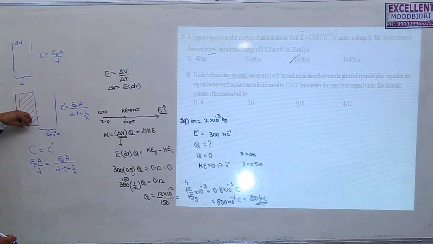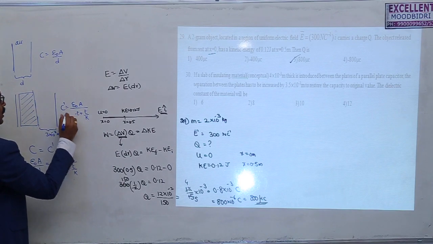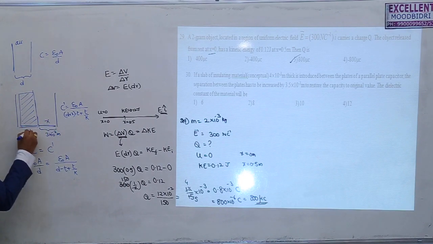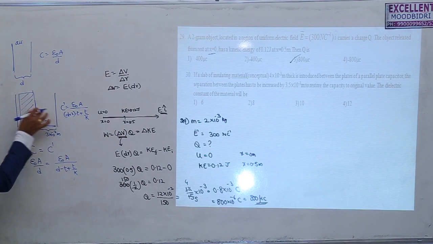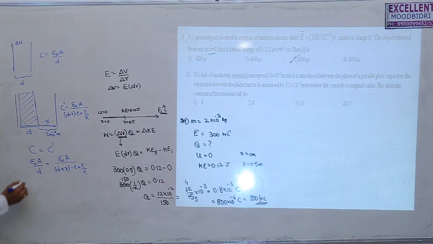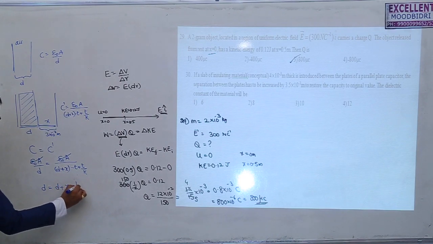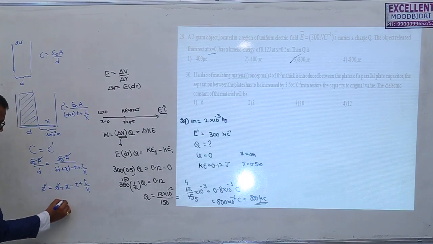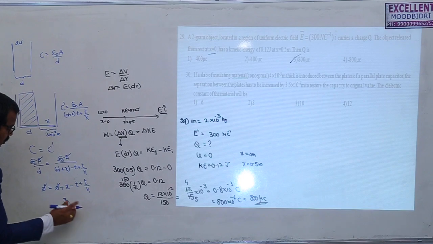This you can write if only the dielectric is placed here, but the dielectric is placed and the distance is increased. So this formula can also be written as d plus x is the new distance, where this is x, this is d, total distance d plus x. In that, you have to subtract t and add t by k. So I can write this as d plus x minus t plus t by k. So now we can cancel these two. The denominator d is equal to d plus x minus t plus t by k. The d's get cancelled. So this will become x, the distance that increased here, which is given by 3.5 into 10 power minus 3.